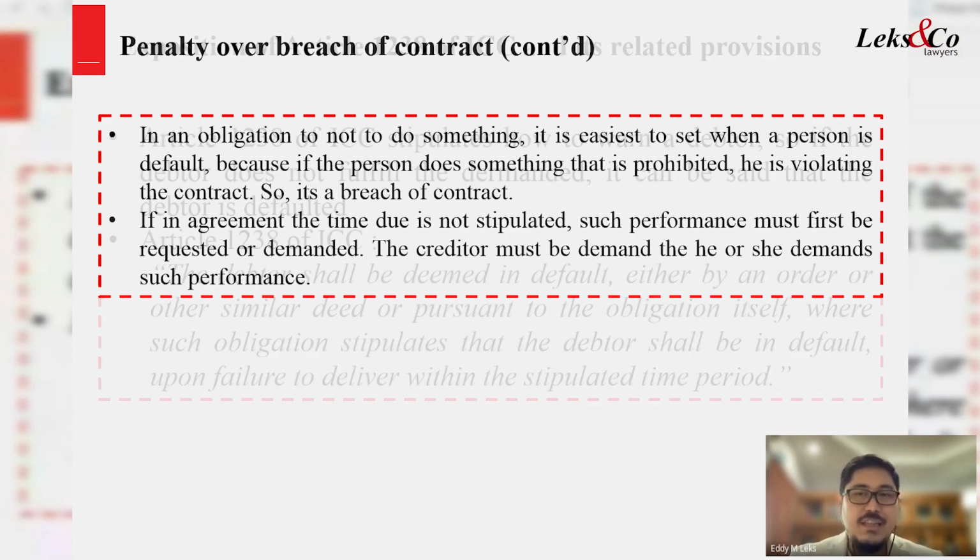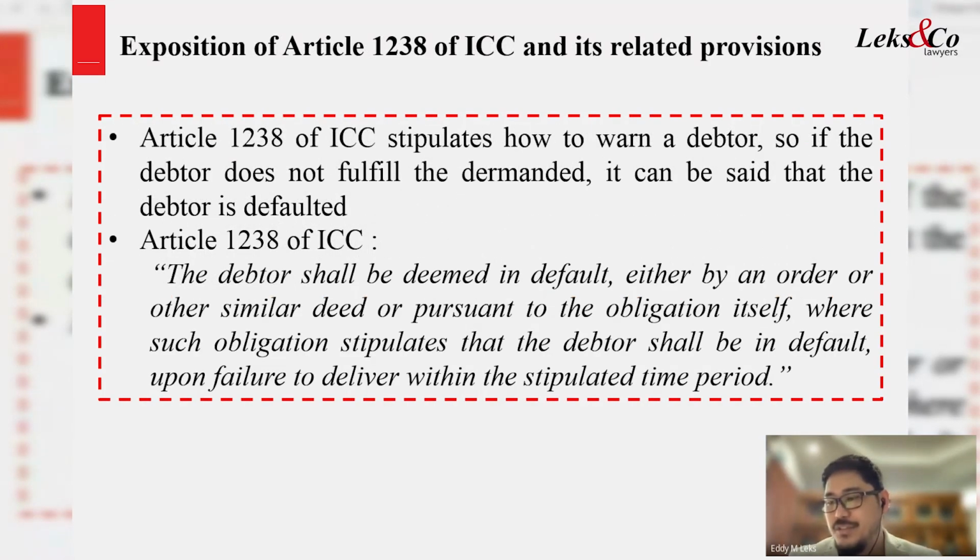Okay, so let's see the ICC, the 1238. How to warn a debtor. So if the debtor doesn't fulfill what was demanded, it can be said that the debtor is defaulted. The debtor shall be deemed in default either by an order or other similar deed or pursuant to the obligation itself, where such obligation stipulates that the debtor shall be in default upon failure to deliver within the stipulated time